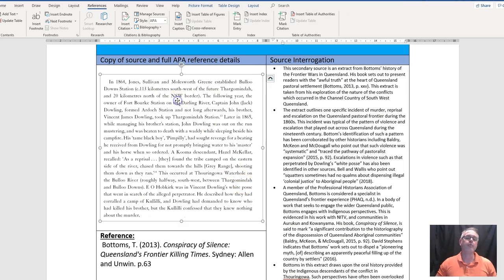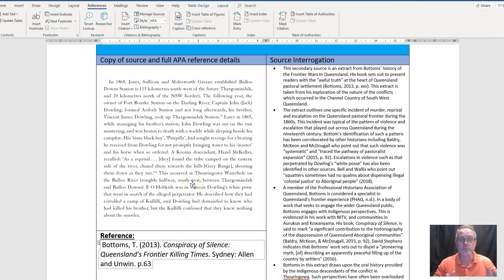So I've grabbed a secondary source that I felt was useful. You can pause if you like. You can have a read at the kind of thing I thought was useful in light of my key inquiry question. As soon as I put it in, I straight away do up a citation for it, and I insert the full in-text reference. On the right-hand side, in dot point, but in sentence form, I start doing my source